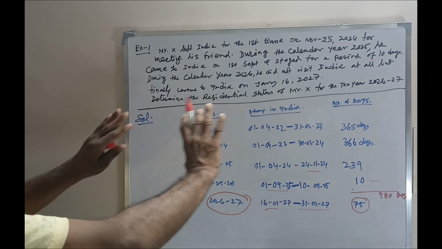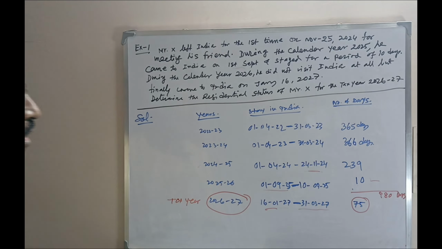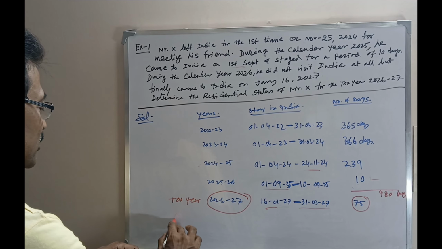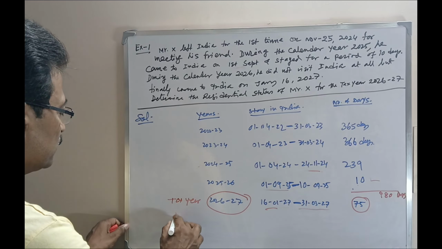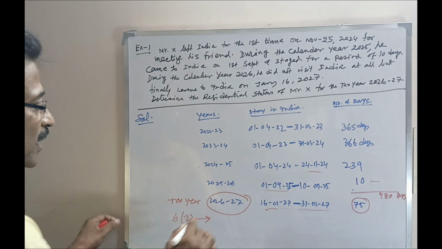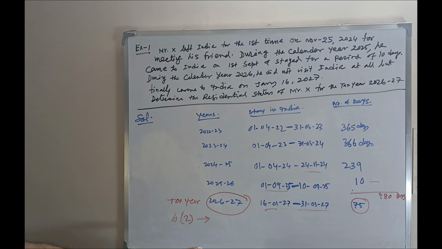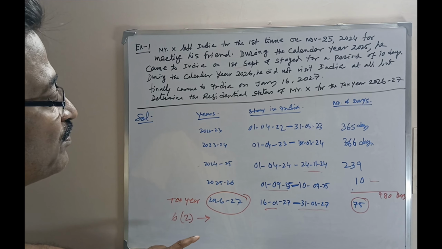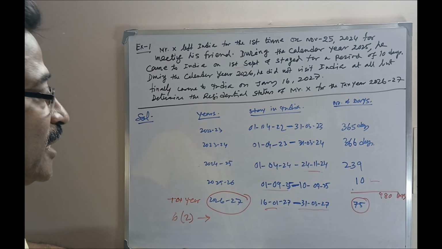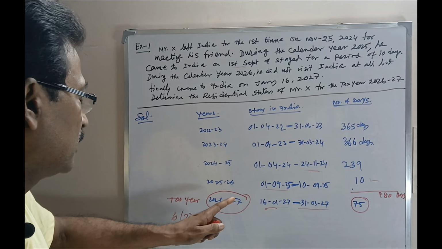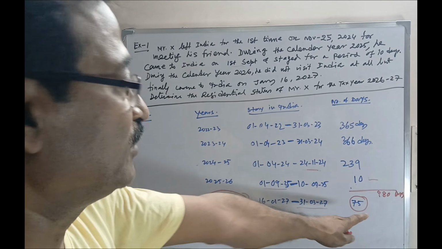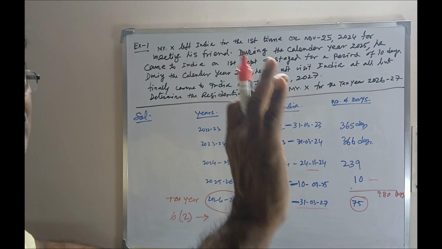So this is the calculation before we go into any conclusion for determining his residential status. We know that under section 6(1), one has to fulfill the basic conditions, basic condition A and B. What is basic condition A? He must stay 182 days in the tax year. But in the tax year, he only stays in India for 75 days. So that first criterion he has not fulfilled.